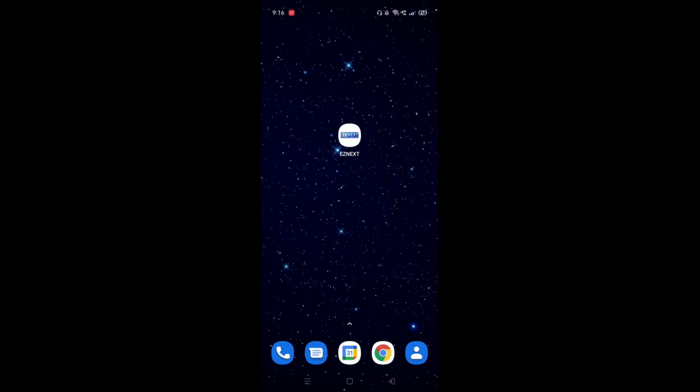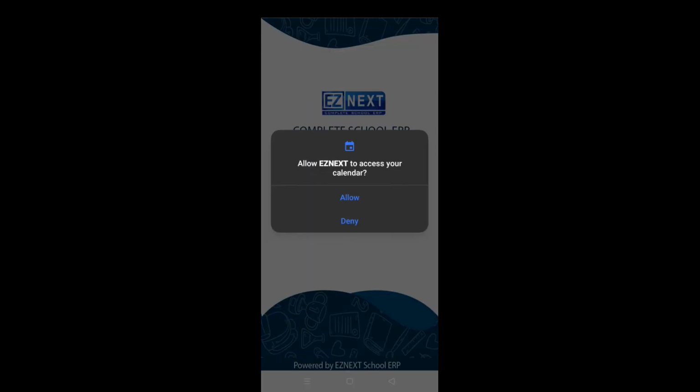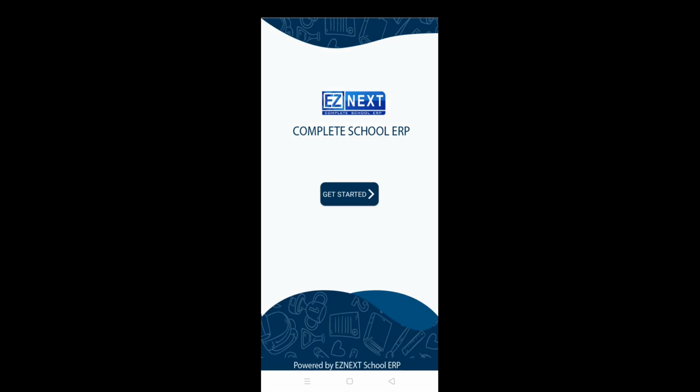Now when we are talking about this app, first of all let me take you through the technicalities. I have downloaded this app now and I am using this app for the first time. So let's open this app, and as soon as we open this app it asks for certain permissions. Now when you don't allow the permissions or you deny the permissions to this app, there might be some problems that may crop up during your sending of homework and particularly your online classes. So make sure that you are giving your consent, you're allowing all the permissions to this app, and smooth functioning is ensured while we are taking our online classes.